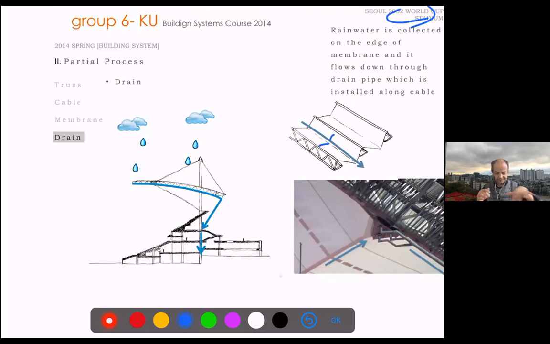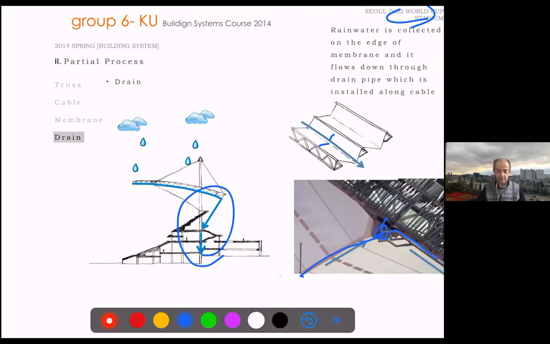Actually, it's like a combination of small sloped roofs, which collect the water into a pipe. And then the problem of this case was the pipes. So the pipes on the exterior don't have place to go. And this is a very nice stadium, and well designed, well engineered, but this detail